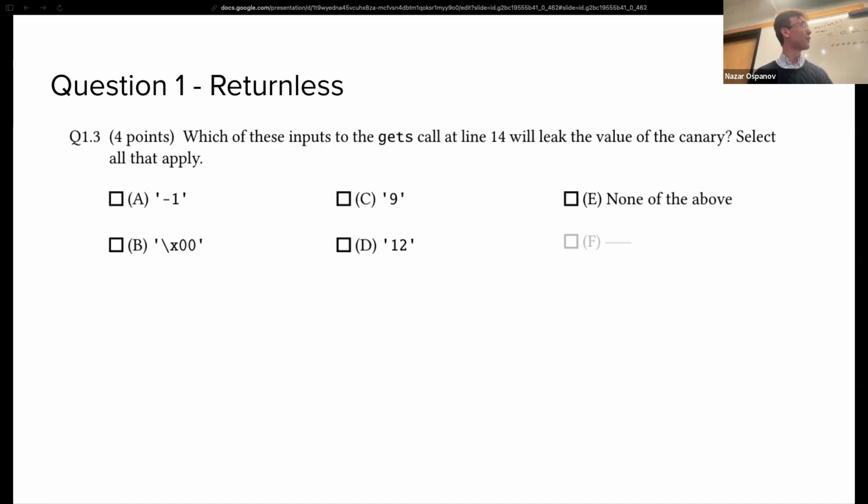No worries. This is a 4-point question, so I do realize that 2 minutes is not enough. But for the sake of time, I can leak you guys the answer, and it's going to be